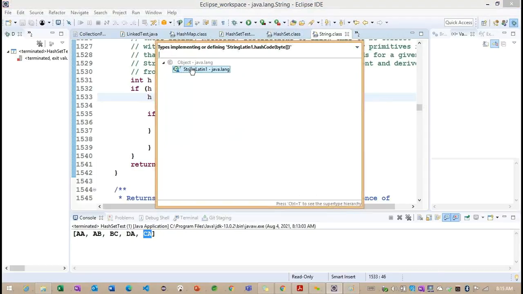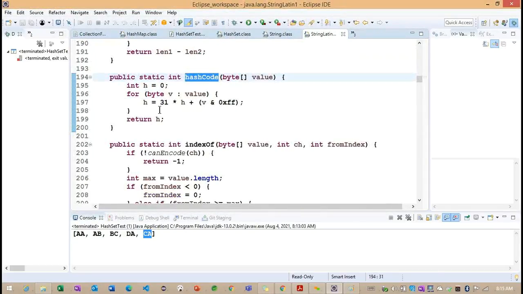This hash code value we already identified. Now you can see 31 into h plus, so this is the hexadecimal values here. Based on that we are going to get a hash code.